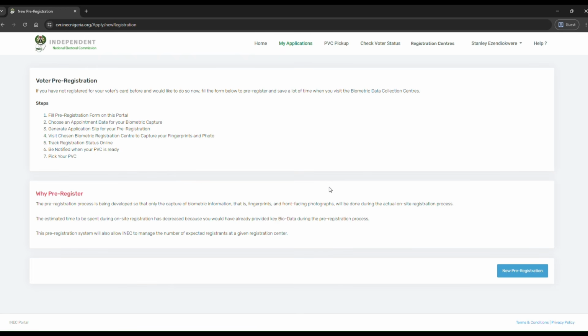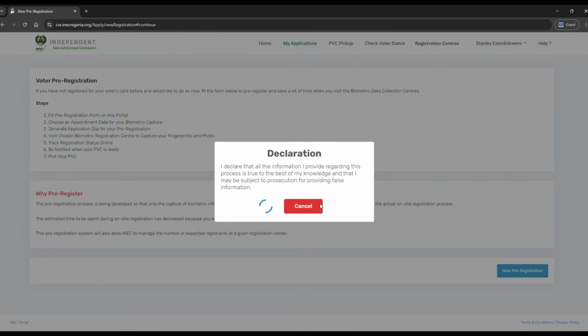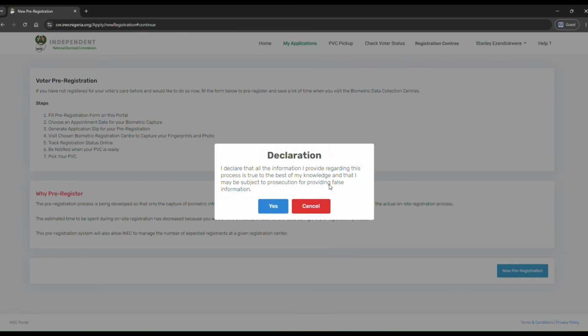They'll just put in your registration ID number, and then do your biometrics, and then you're free to go. So it cuts down that wait time at the INEC office, which is a very great innovation to that process. So you just click on new pre-registration here, accept this consent